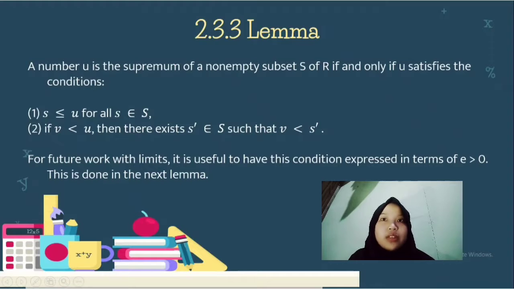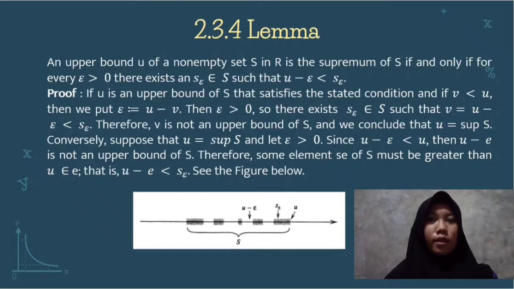For future work with limits, it's useful to have these conditions expressed in terms of epsilon greater than 0. This is done in the next lemma. Next, an upper bound U of a non-empty set S in R is the supremum of S if and only if for every epsilon greater than 0 there exists an s_epsilon element of S such that U minus epsilon is less than